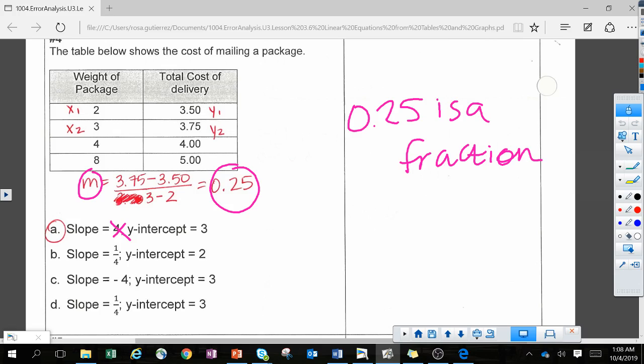And on that same note, I would cross off -4, because if it can't be a whole number, it can't be the opposite of a whole number either. And that means I have to now solve for the y-intercept, because 0.25, or 25 hundredths, is actually equal to 1/4, which makes B or C or D correct. And one other thing you could do too is that in your calculator, you can test it by doing 1, put a decimal in there, over 4, and you'll see that that is equivalent to 25 hundredths. So now let's solve for the